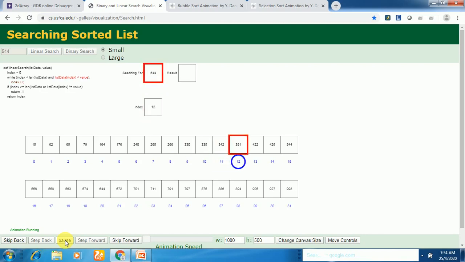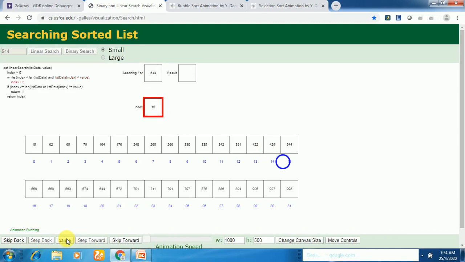Here also there is no match. Here the element stored at index 13 is 422. It doesn't match with the search key, that is 544. So it will go to the next index 14, and the element is 429. It doesn't match with the search key, that is 544.